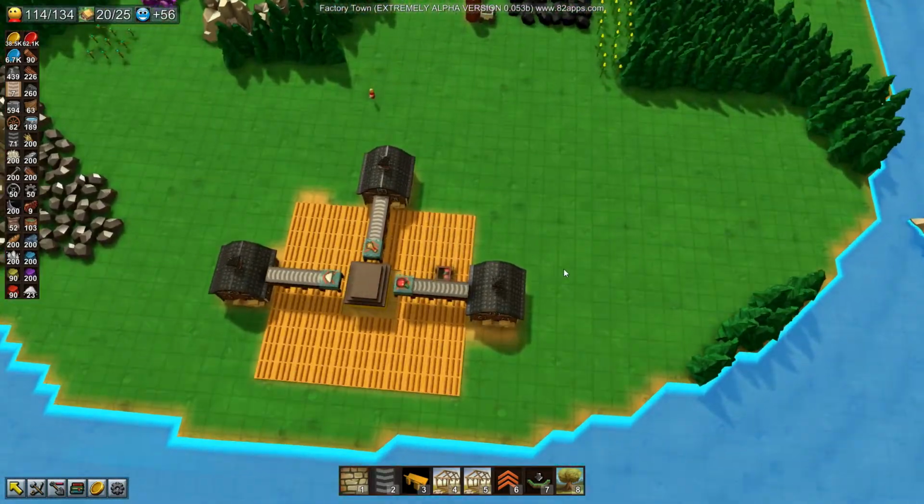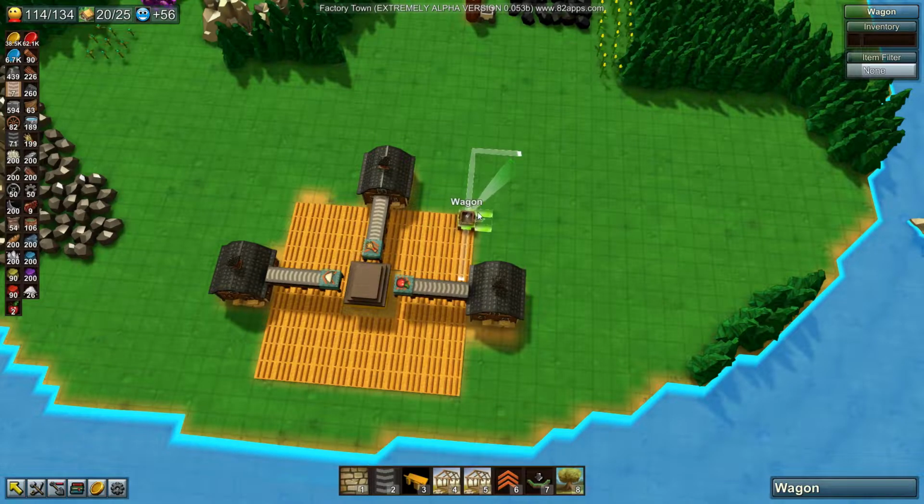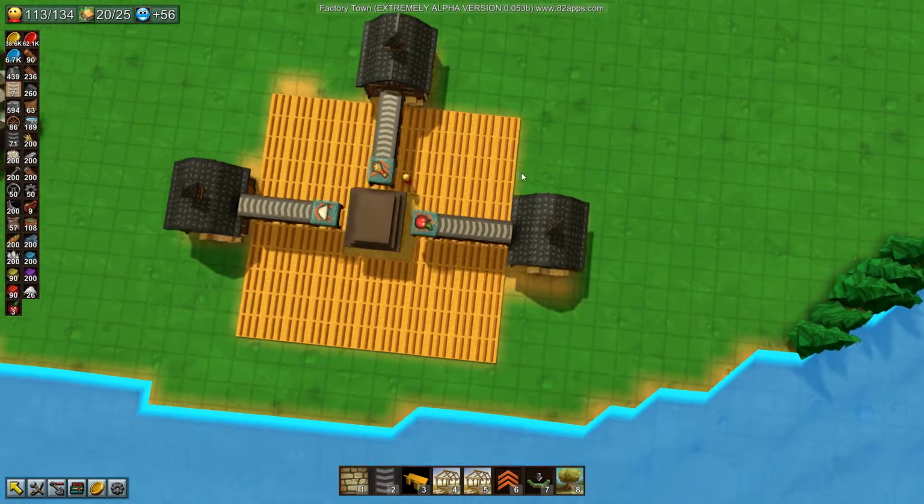Yay. Oh, now apparently wagons can go over that. I wonder if they can't go over it when it's actually got plant crops in. Anyway,